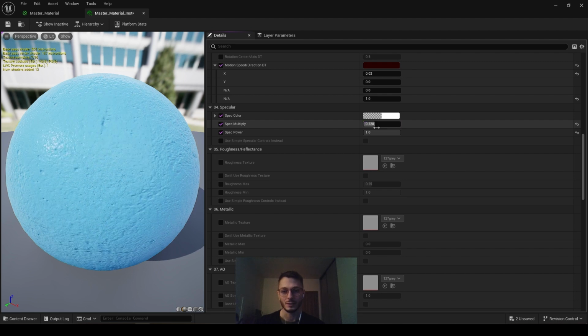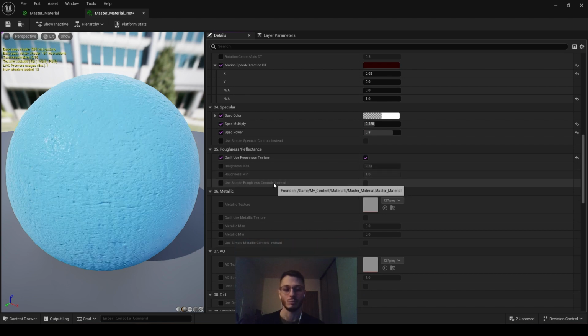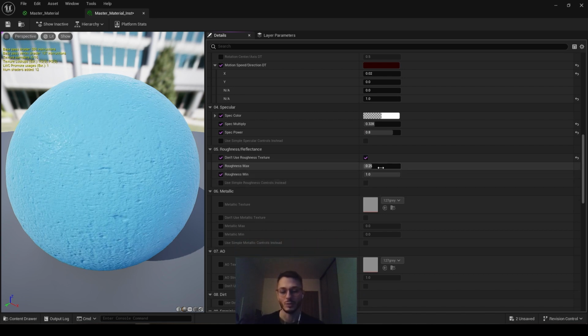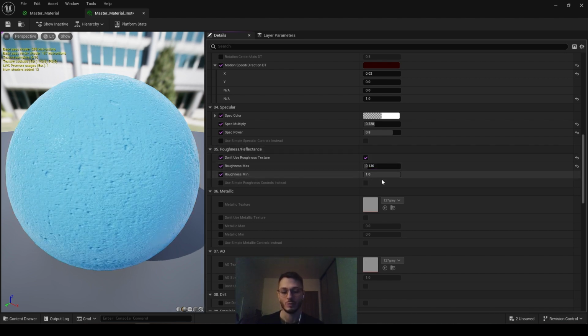Now let's bring it back. Now the next thing is roughness. So we can apply the texture if we have, or we can bypass the texture and just apply it uniformly on top of the surface. And so we have roughness maximum and minimum. So if we lower it down, we increase the surface being more reflective, so it's less rough. If we increase it, it's the other way around. There's also a minimum, which